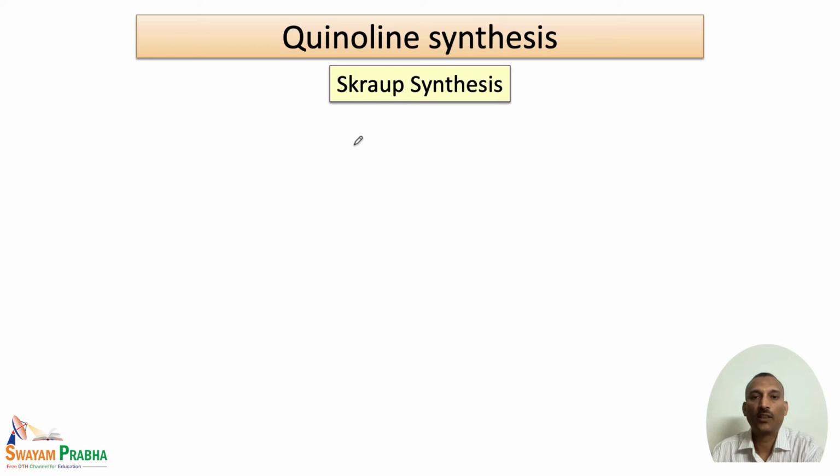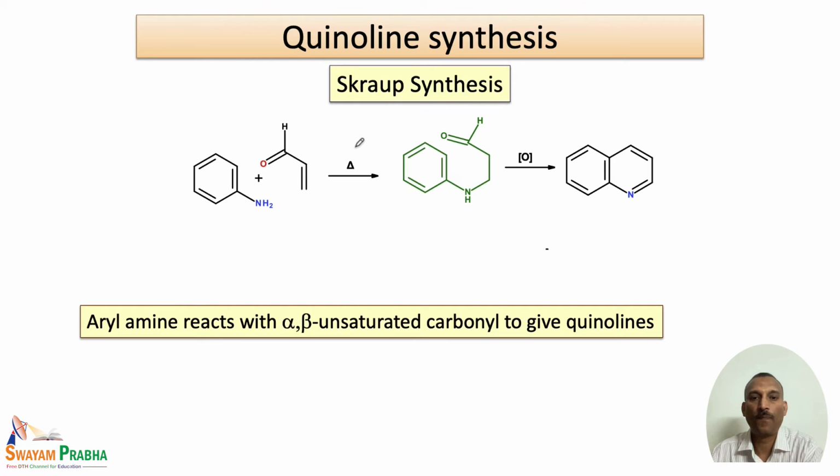Next is the Skraup synthesis. In this reaction, an arylamine, again we start with the aniline unit, reacts with an alpha beta unsaturated carbonyl compound. So these two undergo reaction. The reaction they undergo is simply a condensation reaction, and we have already seen this is similar to a Michael addition. So this condensation in the presence of heat leads to this particular intermediate, and this on